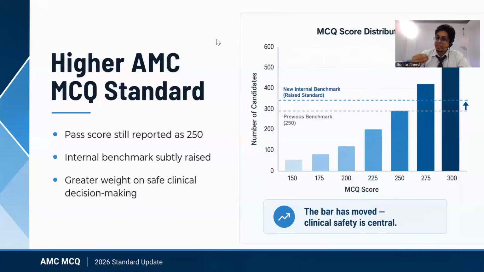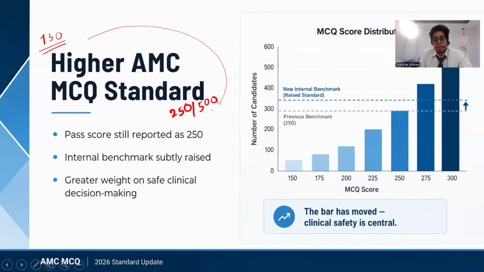Let's talk about this first, because some doctors might be busy practitioners who want to go away earlier. So, the passing mark. Many of you know how the result came in AMC, given out of 250. But honestly, the actual number of questions is 150. Then how come it is like 250? It's like a percentile system. For a particular question, how many people got it correct and how many got it wrong, based on that every question is judged.